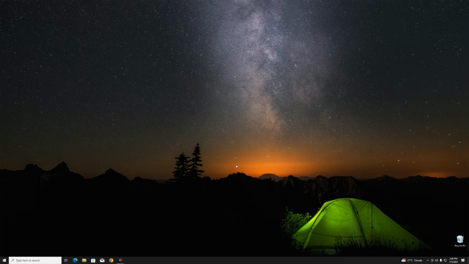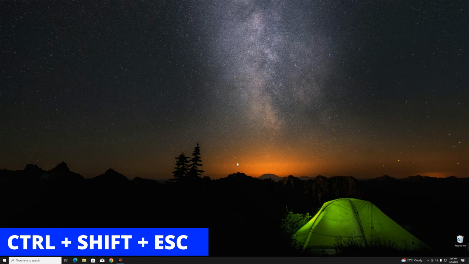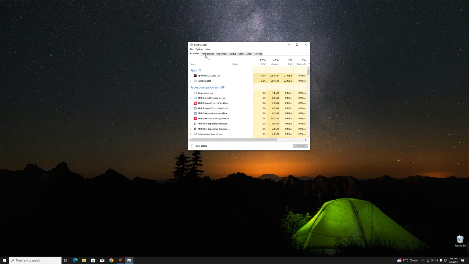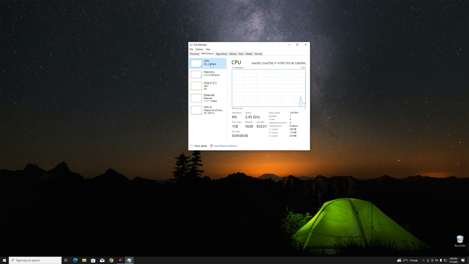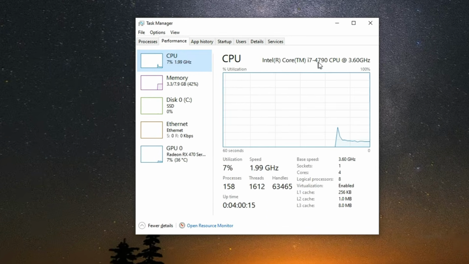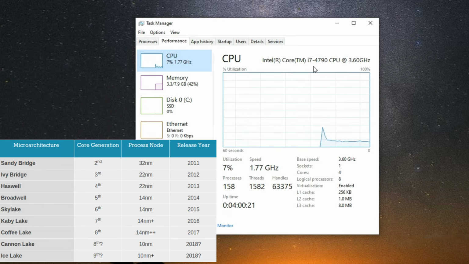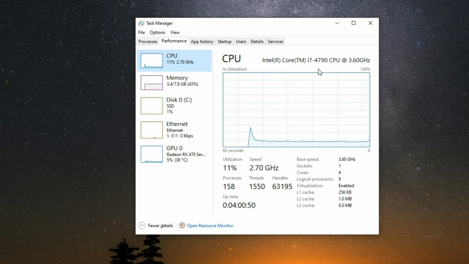Now the first thing we're going to do is check our processor so we know the correct Opencore EFI we are going to need. So let's hold Ctrl Shift Escape to open Task Manager and then go to Performance. Under Performance, click on CPU, and you can see right here in my case I'm using Intel Core i7 4790 CPU. This means this is a 4th generation Intel Core i7 processor because you can see it starts from 4790. Now 4th generation processors are called Haswell, 5th generation processors are called Broadwell. So you have to check what generation your processor is so you know the right steps to follow